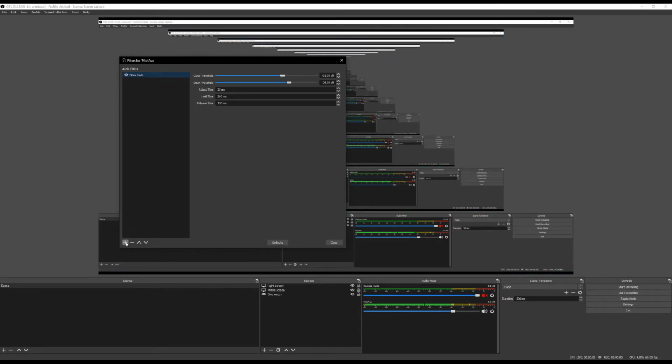They also have multiple different options when it comes to filters. You have compressor, there's an NDI source. This is something I'll talk about in a little bit. Expander, gain, polarity, limiter, noise gate is what I have currently on there. You can have noise suppression to keep your voice down, and that could possibly help you with a noisy room